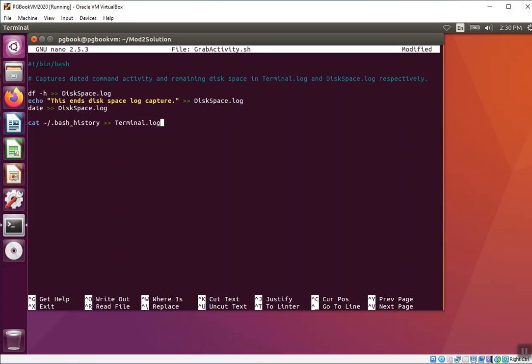So I'm currently creating this shell script in the mod2 solution directory. If I try to execute this and just say .bash history, it's going to return an error and say, I can't find that. And we want it to take the contents of this log file, cat it to append it to terminal log. And then we're going to do the same thing